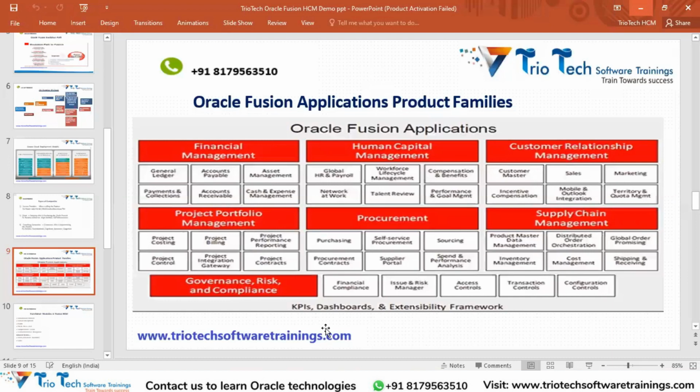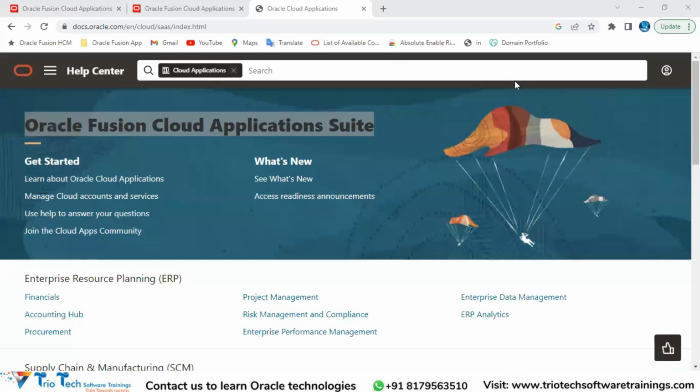We have different products available under the Oracle Fusion Applications family, team. So one such product we are going to learn is Oracle Fusion HCM. Once you land on this page, you can access all the documentation related to the products that are offered under Oracle